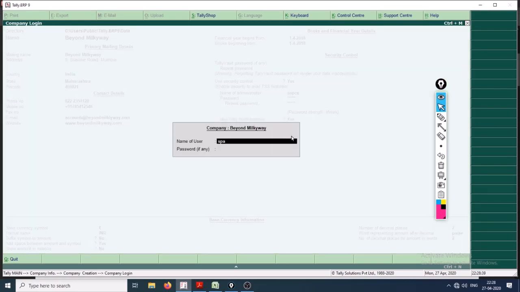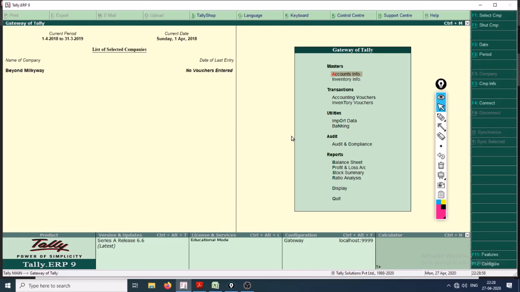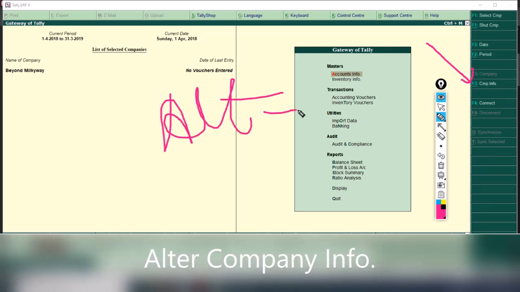As you can see right here, I intentionally made a spelling error in the Tally Vault administrator name. So let us now change the company's info, which is by Alt plus F3.